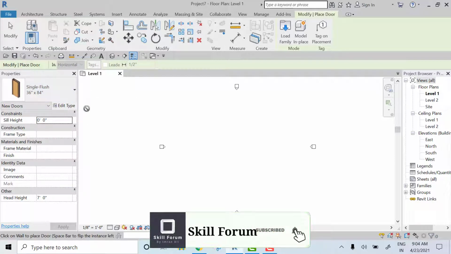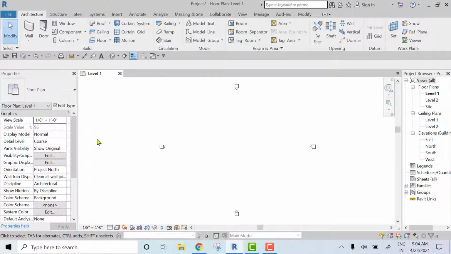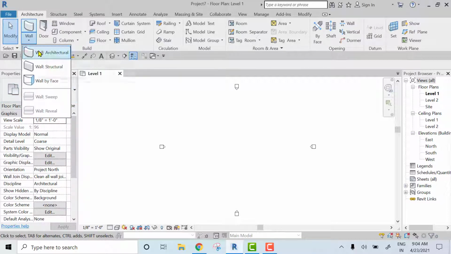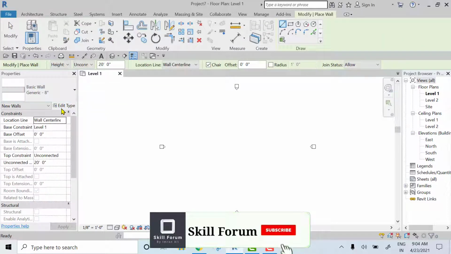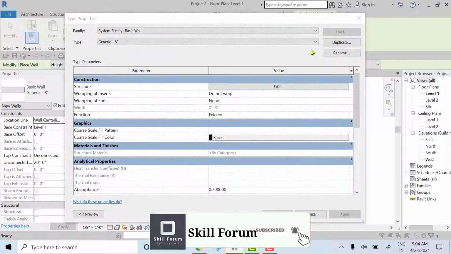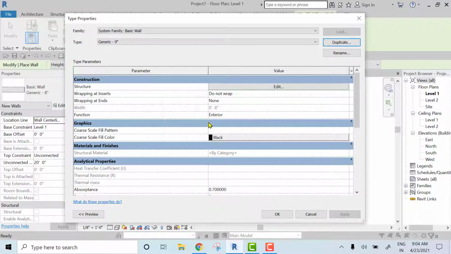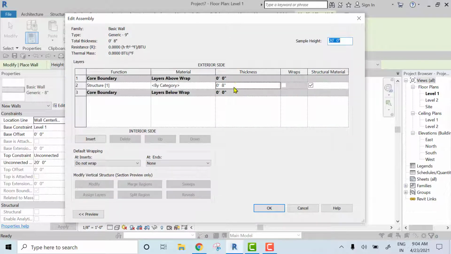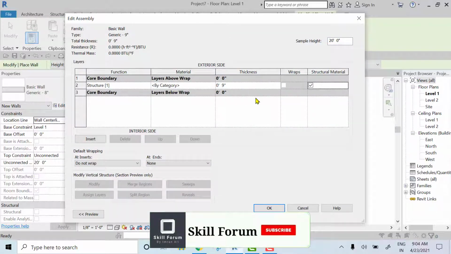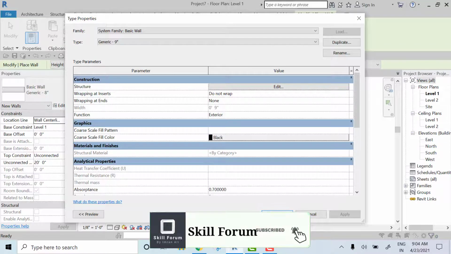So I will show you how to get them whenever you open the particular Revit architecture. Here I am going to create the 9-inch wall again. I will give duplicate, name it 9-inch, give 9-inch thickness and click OK.